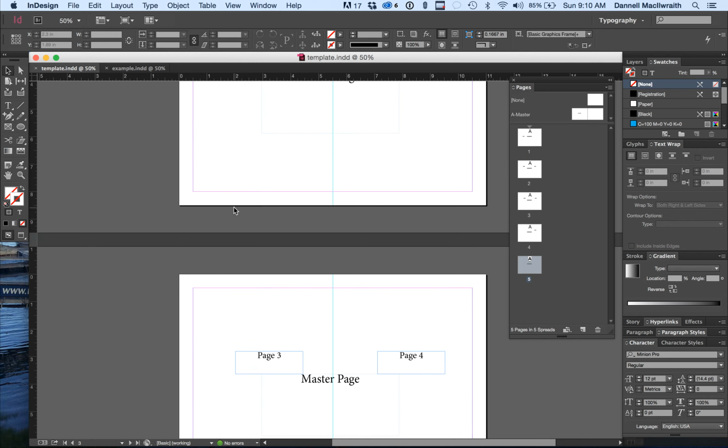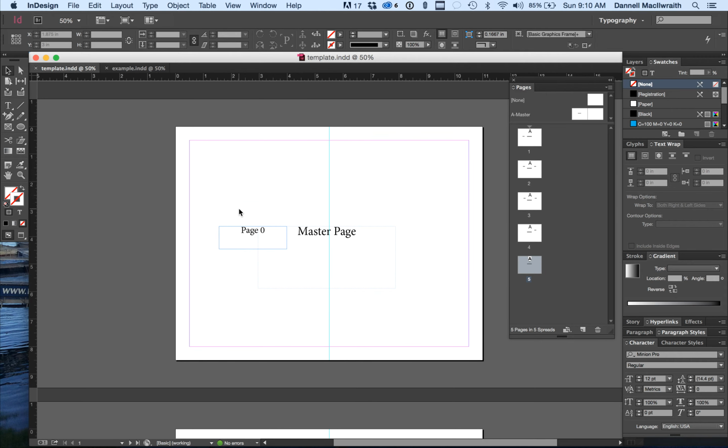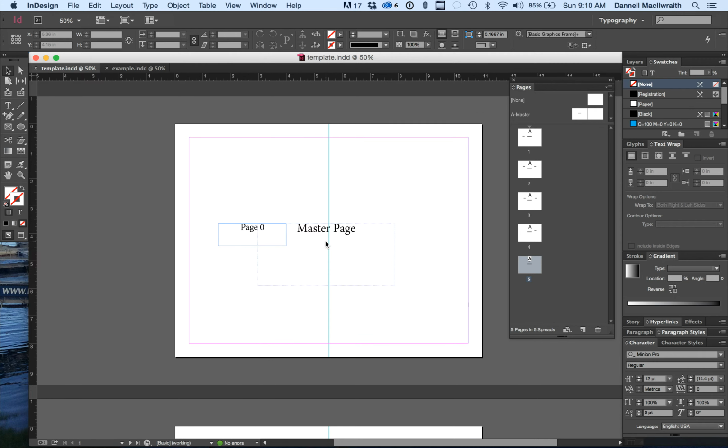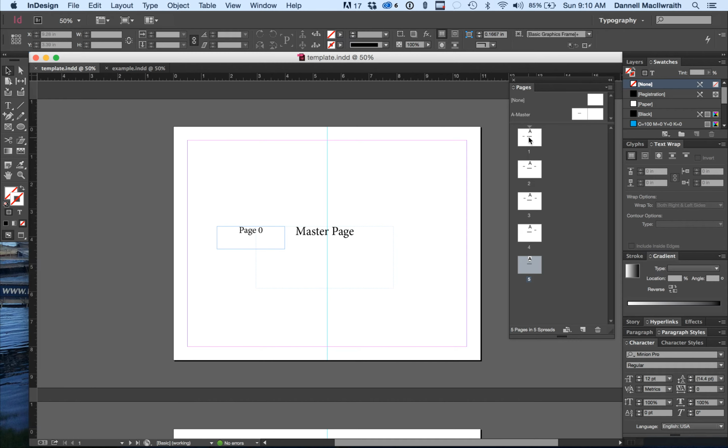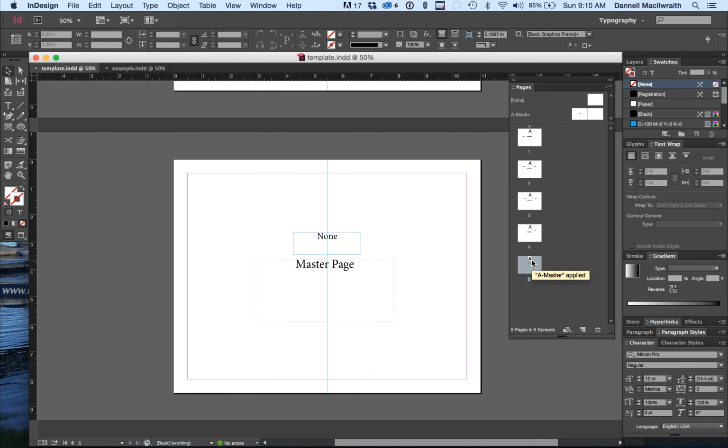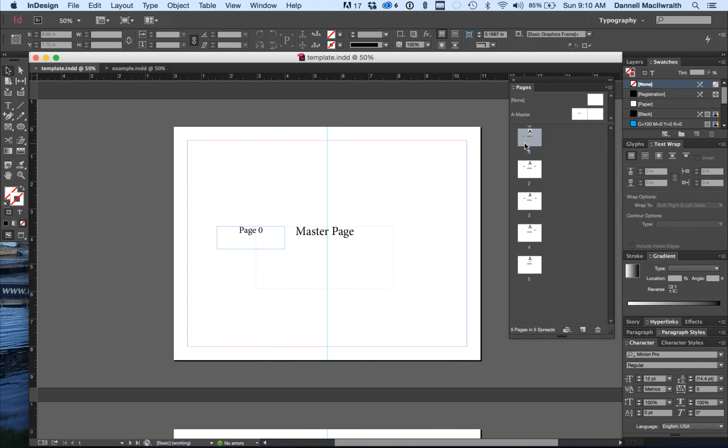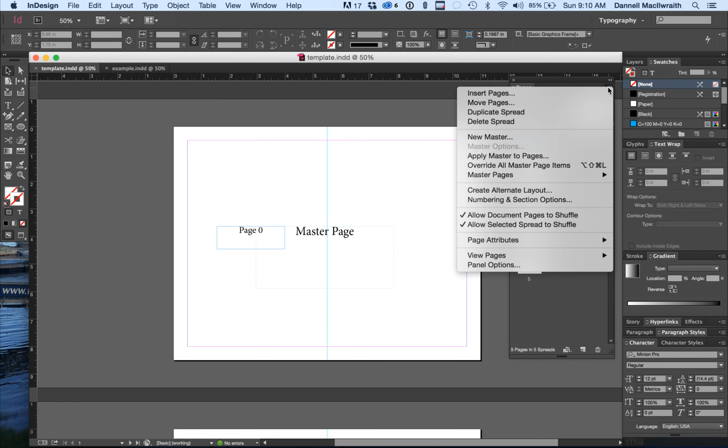Let's go over to our templates, and I'm going to start off with my master page. So this master page will affect every single page in my document. So as you can see here, it says master page on every page. So if you have your pages palette open, this is an easy way to hop through all your pages and navigate easily. Now, if you look here in your pages, which you can make larger, which I like to do to see all my pages, you can also go up to the little arrow in the upper right corner, and you can